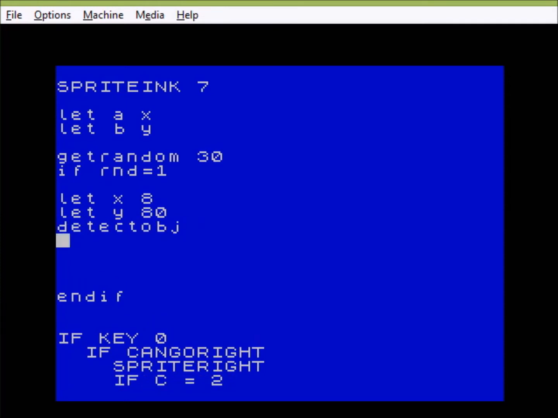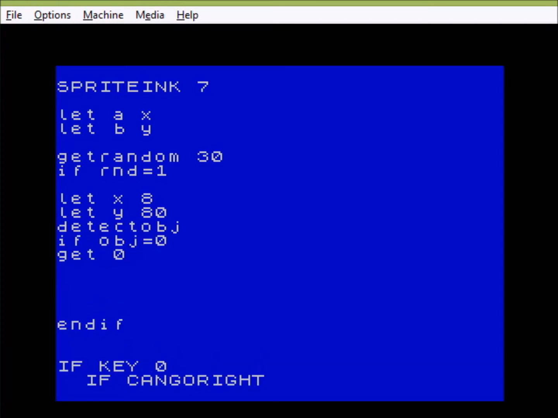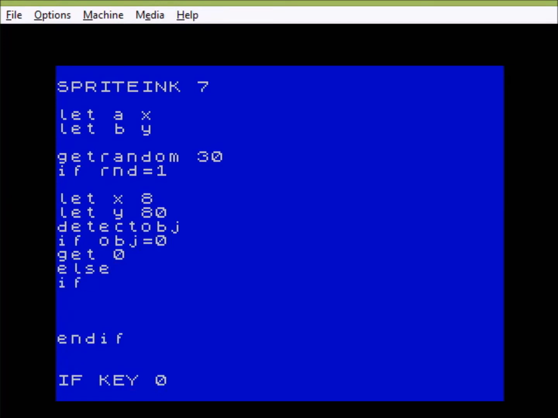I'll now detect object, and I'm checking here to see if the door is already there, and the code will then respond to that and remove the door if it's there, and if it's not there, then it needs to check if it's possible. So here we can see if the object is 0, then take the object. So in other words, if the door is there, take it away. If it's not there, then check for a custom block. Obviously then it will know that there is a doorway. So in other words, if custom means is there a doorway there, and if there is a doorway there, put a door in place. Okay, so we'll just add a couple of end ifs into here to round it off,